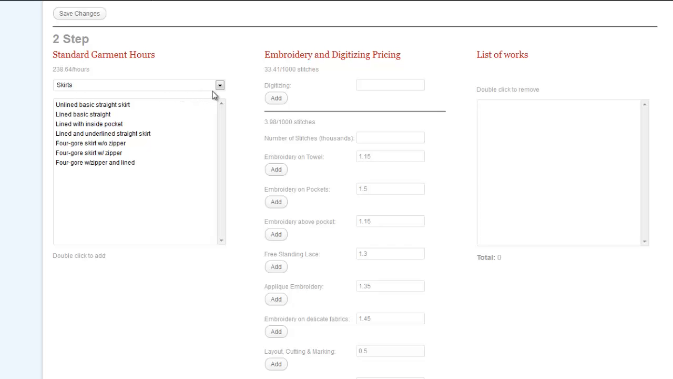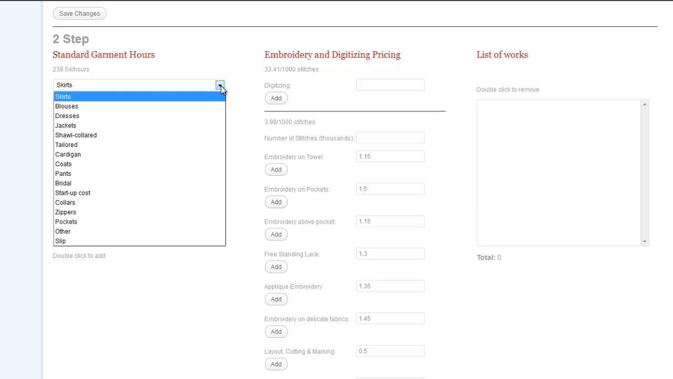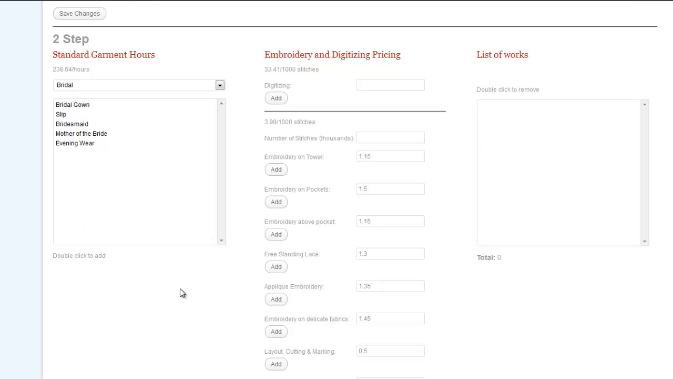At this stage, let's look at what we've got covered in the dressmaking side. So we've got skirts, blouses, dresses, jackets, shawl collar items, tailored items, cardigans, coats, pants, bridal wear, startup cost, collars, zips, pockets, other, and slips. So that's all the things that we have there. And if you stand on, let's say, bridal wear, under bridal wear we'll have bridal gown, slip,